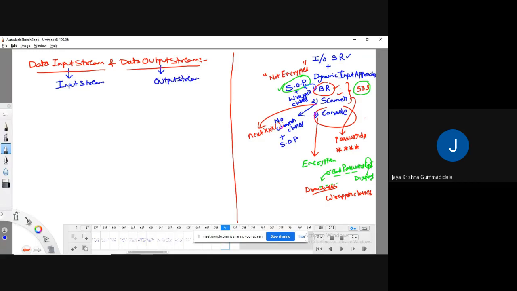I mean, what I'm trying to say is, this is meant to read the data, and this is meant to write the data into the file.